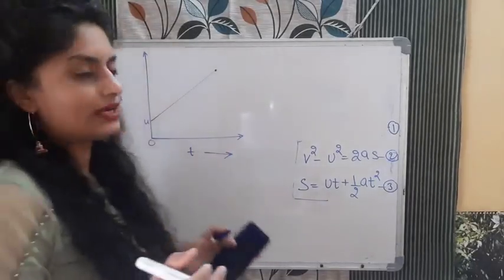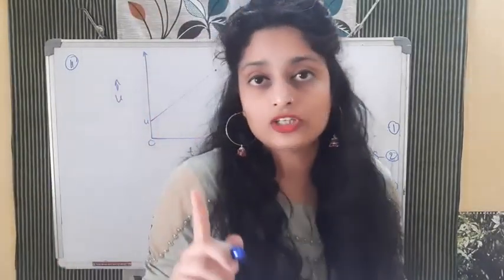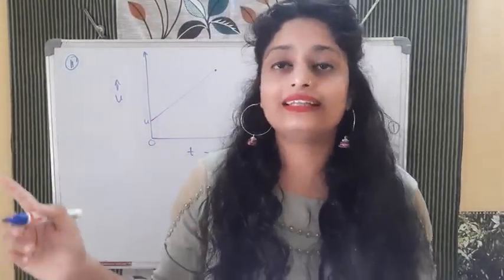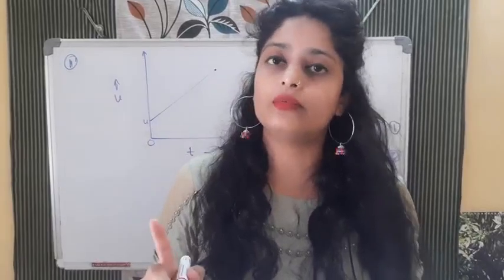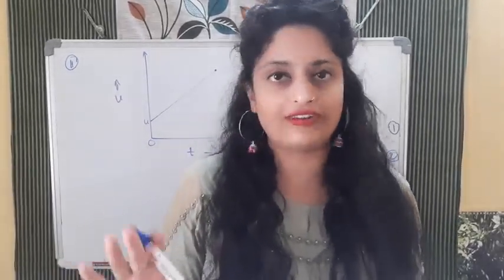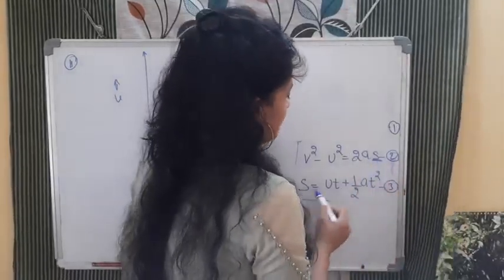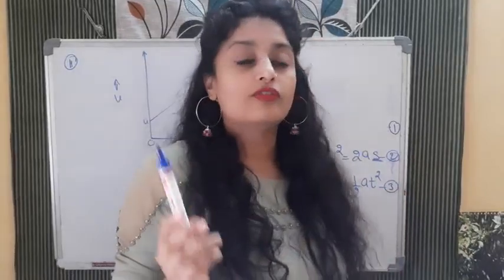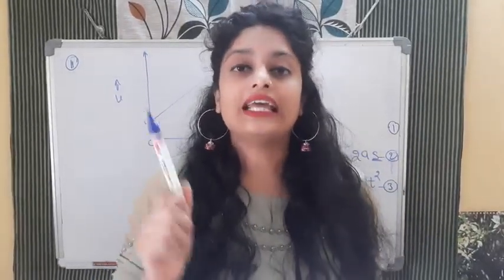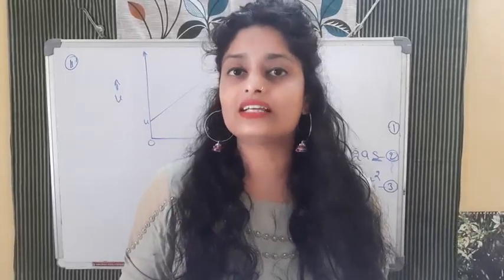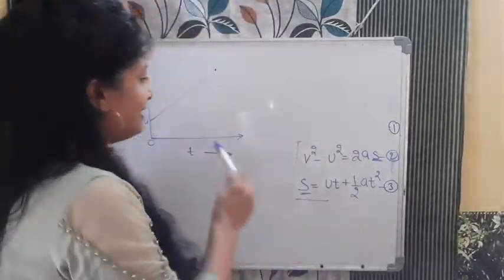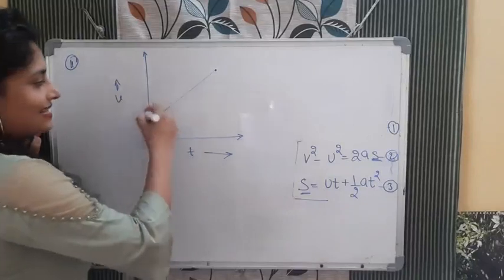Now what do we need to calculate? Now listen. V minus u is equal to at. In that, acceleration was there. So what we did, we calculated the slope, and when we calculated the slope we got the acceleration and we got the formula. Now we need to find s. And we all know from the graphs we studied that the area under the curve, the area under the slope, gives us the distance. So in this graph, we will calculate the area under this curve.